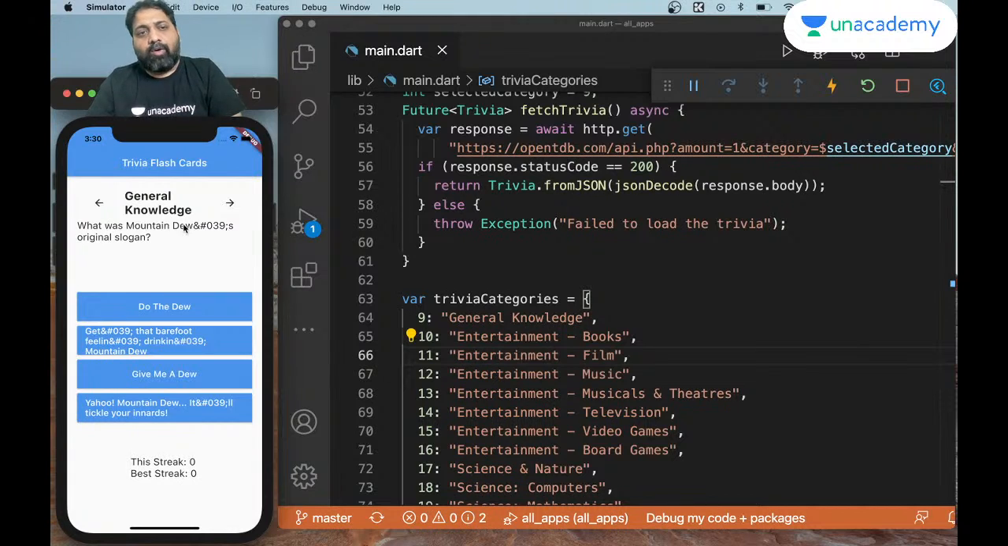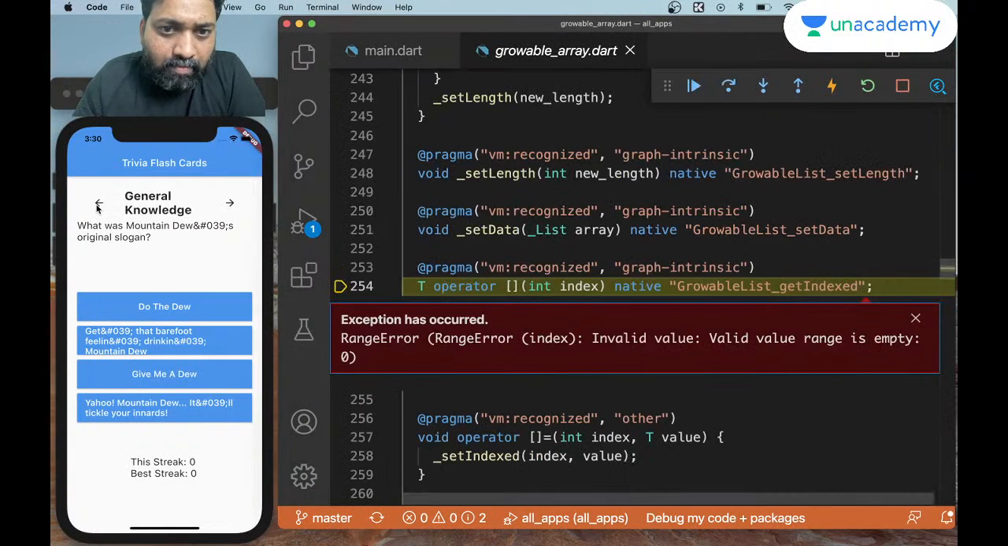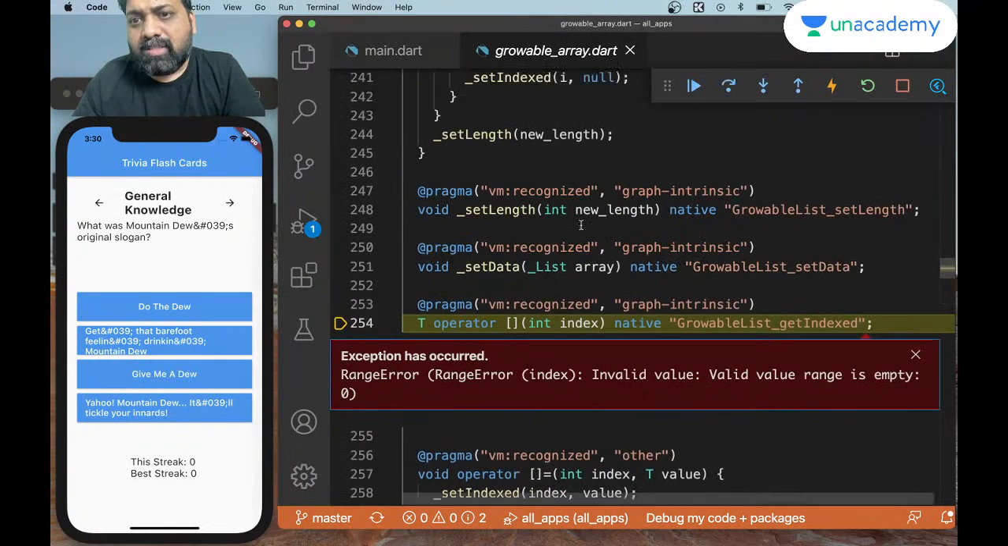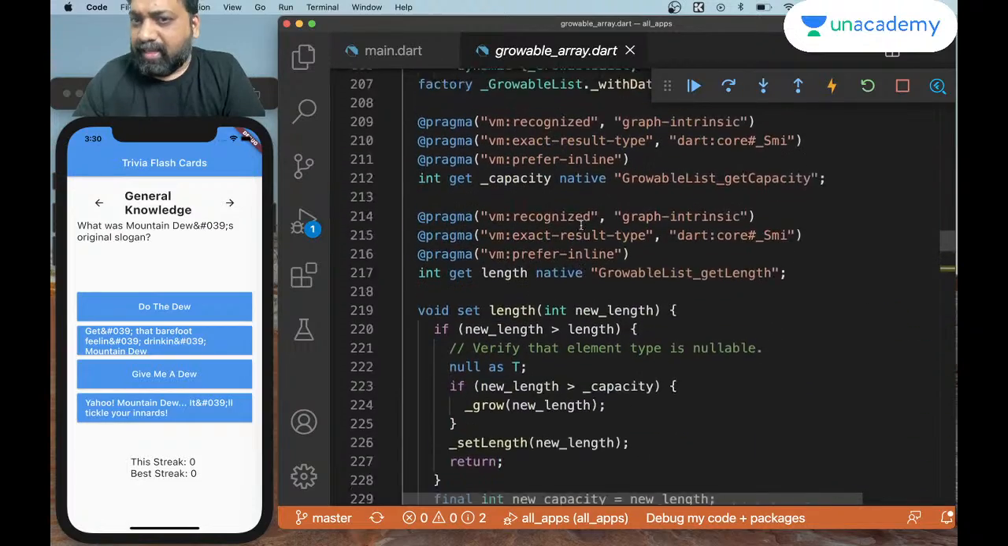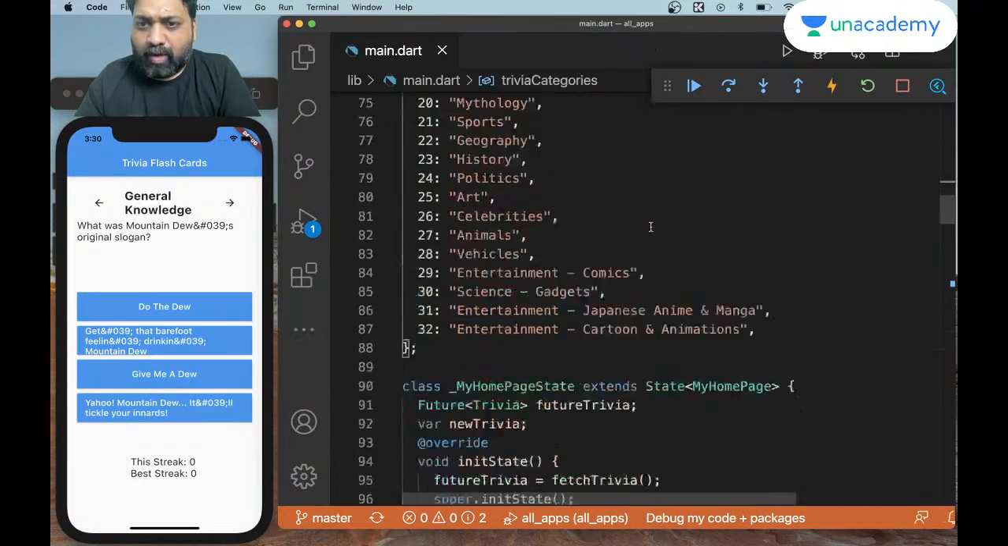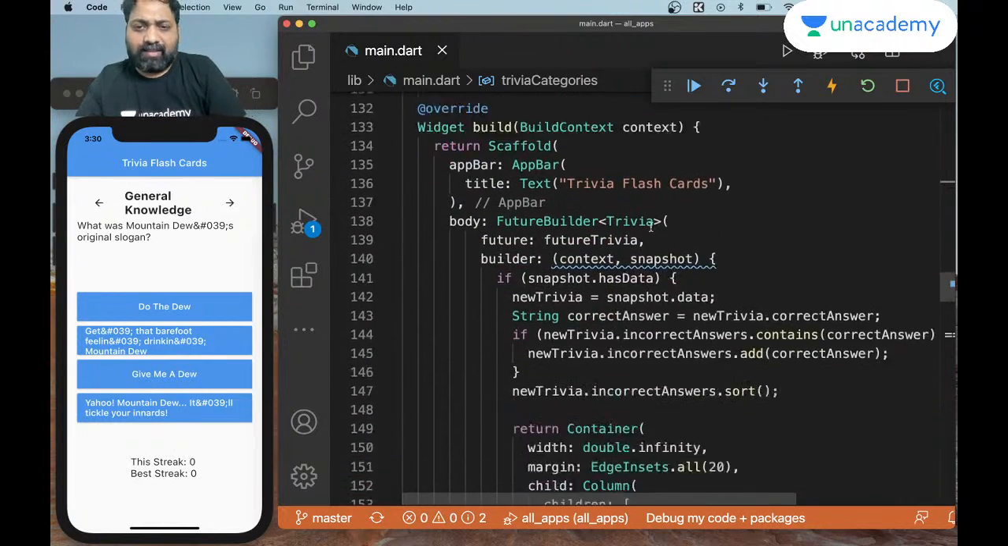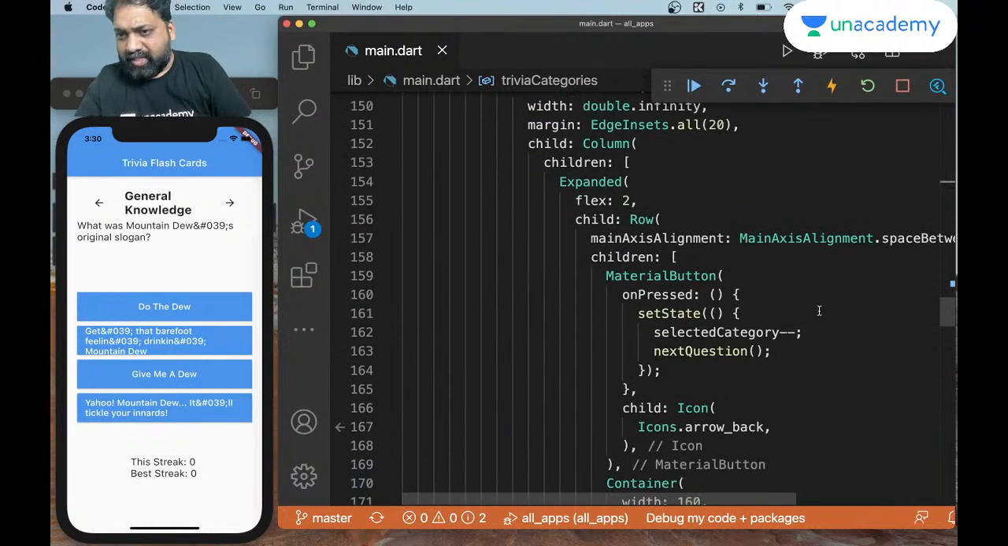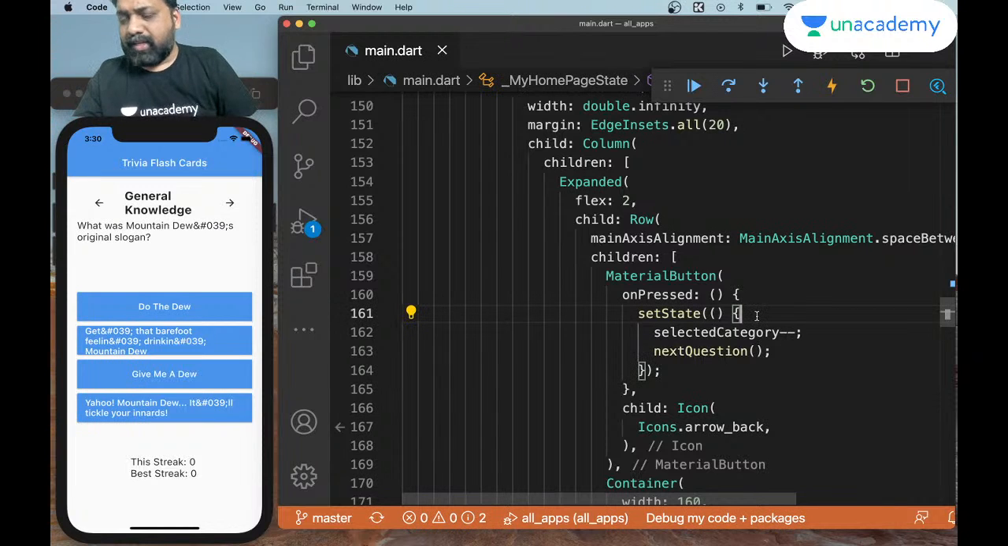But what happens if I go back one step now? I'm going to get an error because there is nothing under 9. There are a few ways in which we can fix it. I'm going to show you the one way that I think will work well, which is to do this conditionally, and we say if